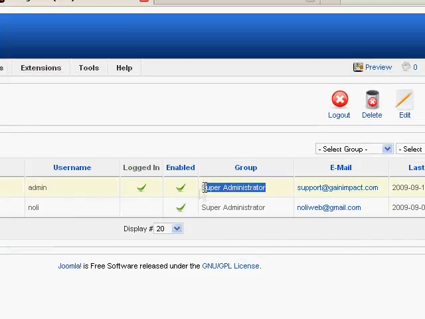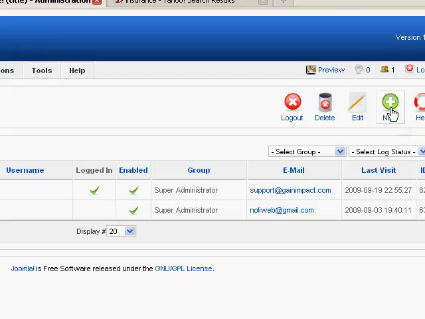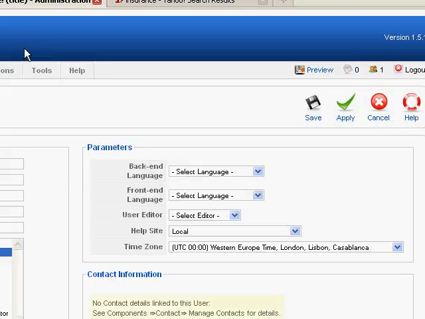Now we've put them in group Super Administrator, and what that basically means is that they have full access to managing all the features like installing new components and modules and stuff like that. But in some cases you would not want to give people that type of functionality, so you might just give them